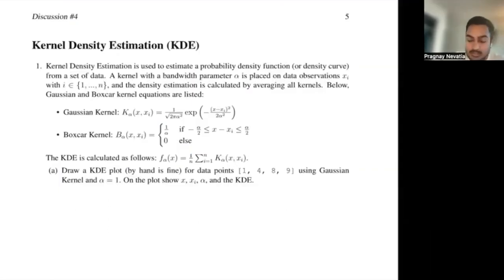Okay, so let's talk about KDEs. So KDE is basically a method to estimate the probability density from the given data, and you are given access to this bandwidth parameter called alpha, which can help you determine how much information you want to retain, how smooth of the probability density curve you want. So we'll talk about that in a second. But yeah, so before we go to the actual question, I want to mention that there are two kinds of kernels that we mostly are going to work with in Data 100. Of course, exam questions can ask you about different kinds of kernels, but for now, let's talk about the Gaussian